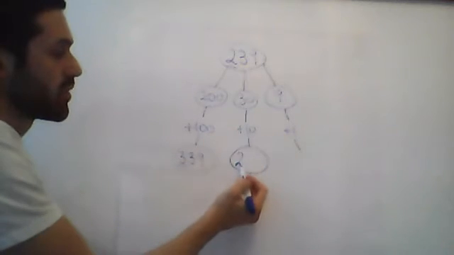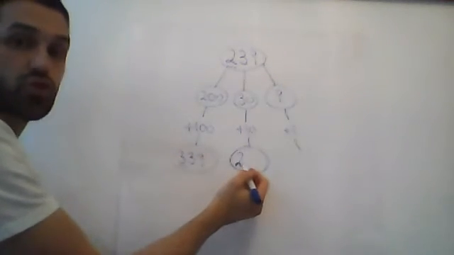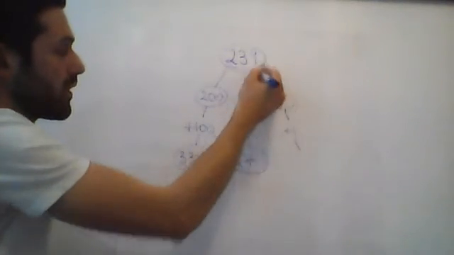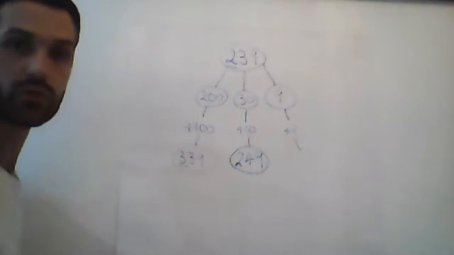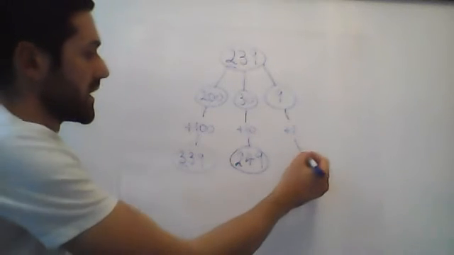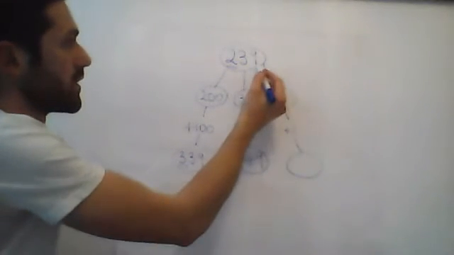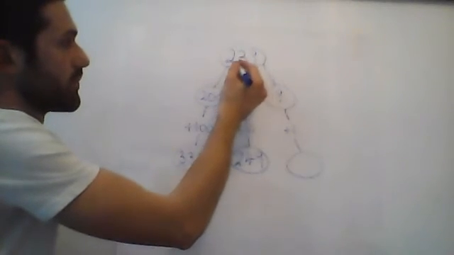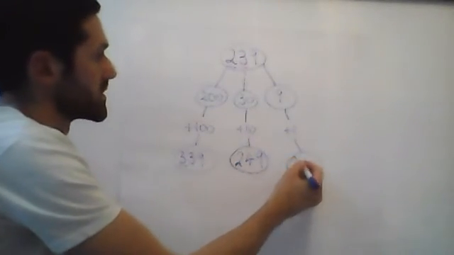sticking with the same hundreds this time, back to our original number. We've still only got 2 burgers, 2 hundreds, 3 add the 1 is 4, and we stay with our 9 ones. Okay, gives us the number 249. To finish off, stick with our same numbers. Okay, back to the original, 2 burgers this time,